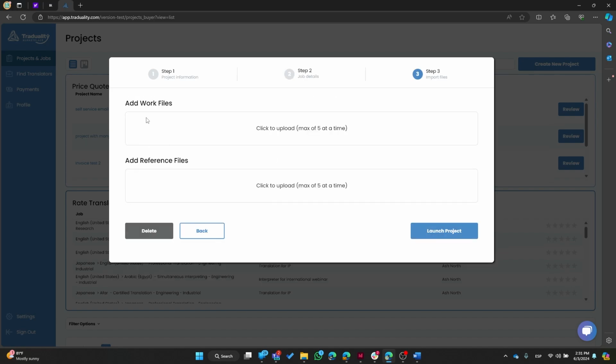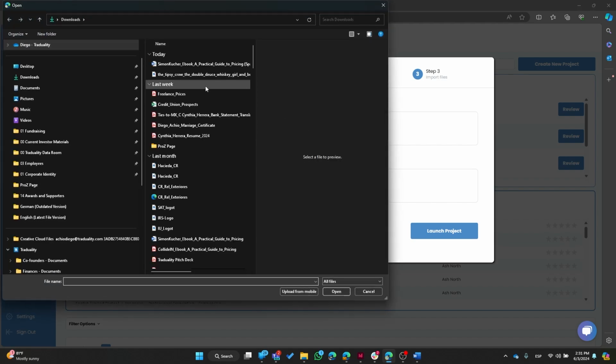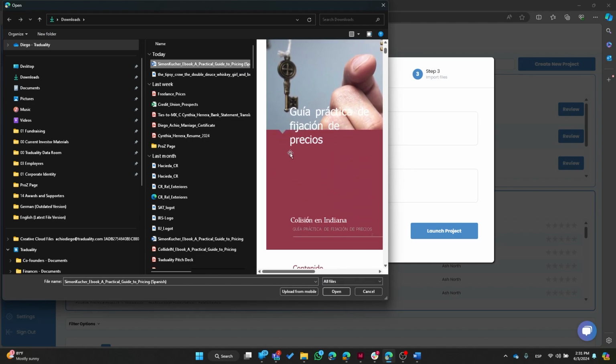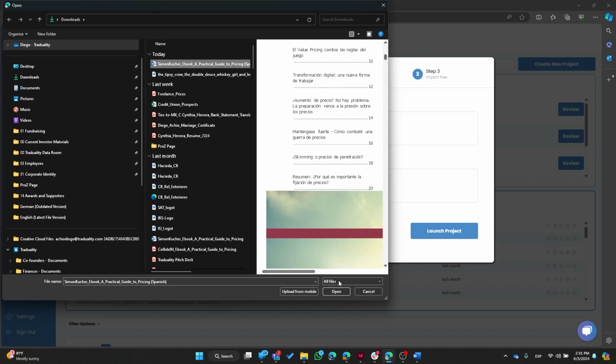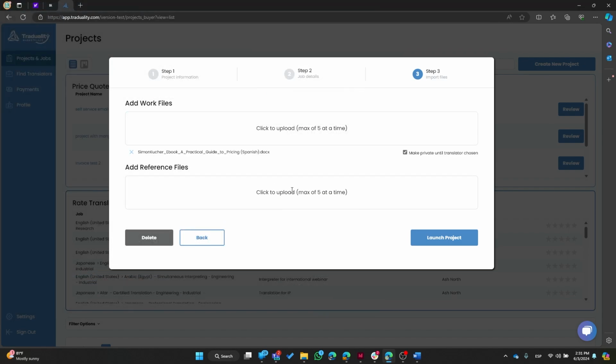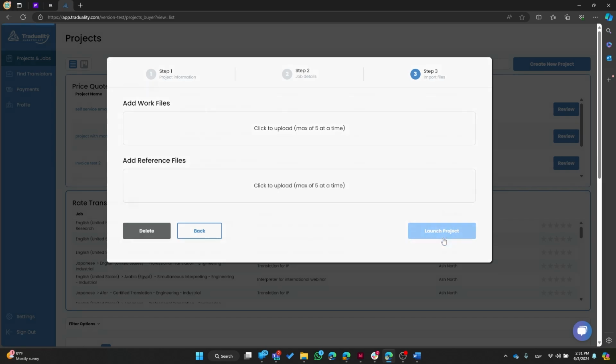And finally, you upload the work file. So you can just upload the file again, the Spanish file. You can see here how the AI translated everything into Spanish. There you go. If you guys have any reference files, it can be a style guide that you use in your company in marketing or when creating SOPs or something like that, you can add that here. And once you launch the project,